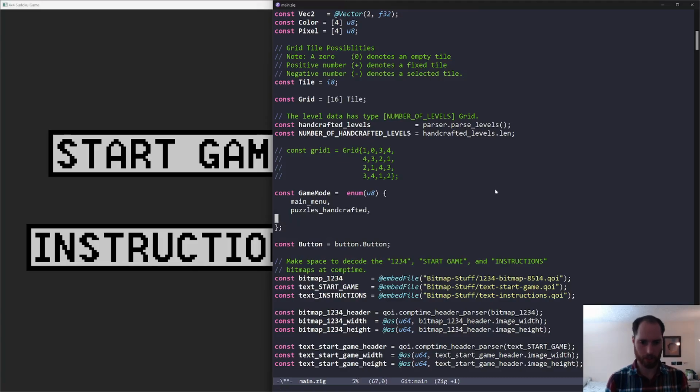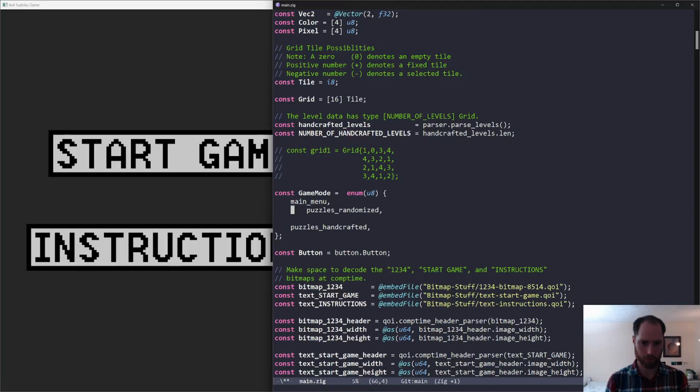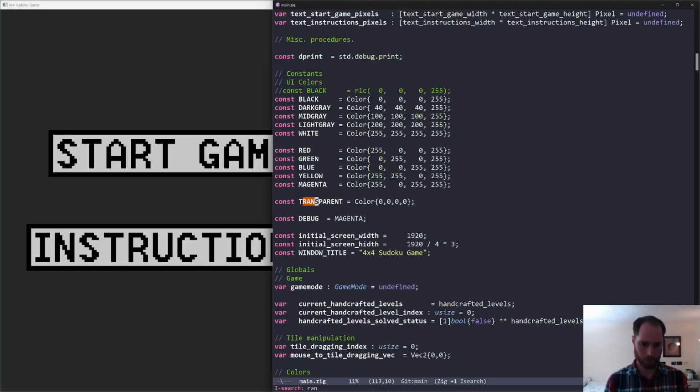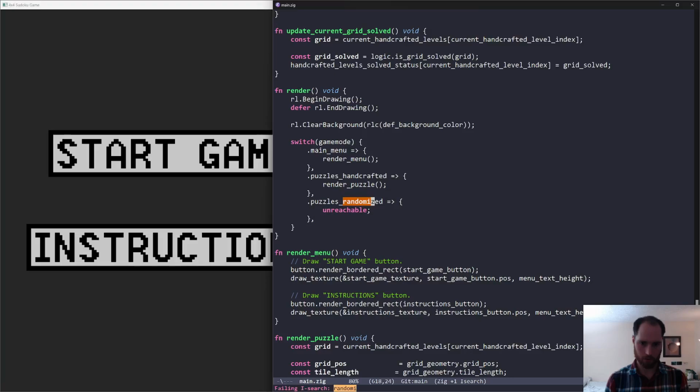So why don't we just replace this randomized version with like the instructions screen. And then there will be a couple of randomized switches, but we can deal with these. So now I want to say instruction screen,